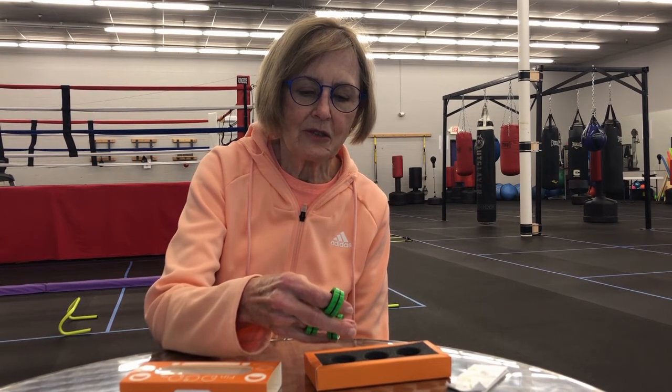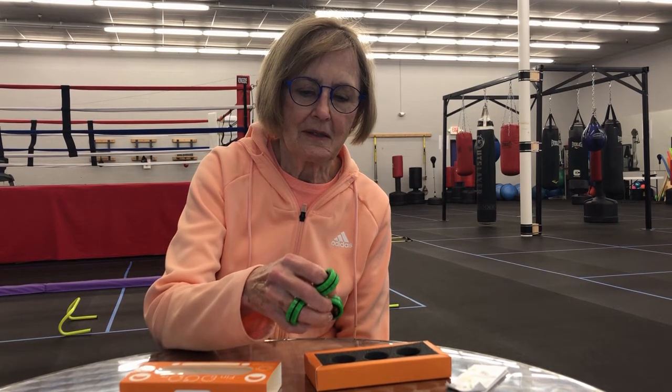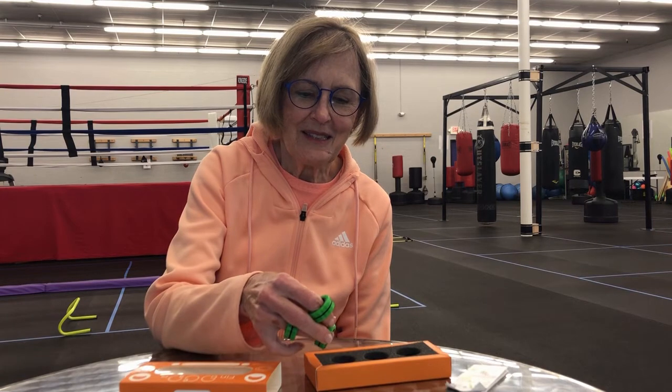Sometimes it's easier to move one two fingers over than it is to try to do one, but I'm going to try to put this one onto my tall finger. Let's see if I can do this. You can see I almost have it. Oh, I dropped it. Let me try it with my other hand and see if I can do a better